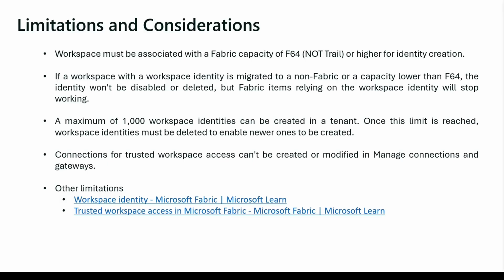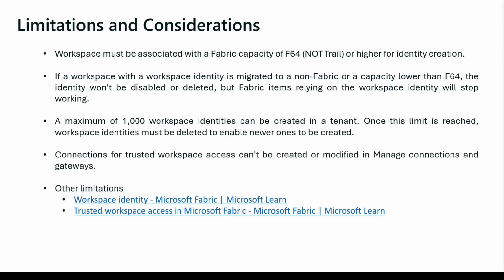Now, what happens if you have a workspace with a workspace identity, but it is migrated to a non-Fabric, maybe P capacity or a capacity lower than F64? In this case, the identity won't be disabled or deleted, but